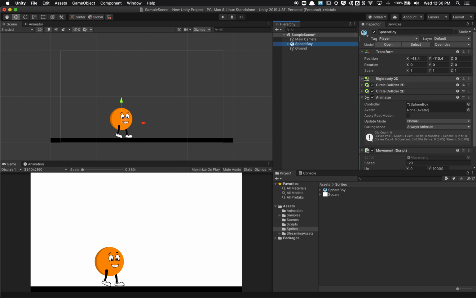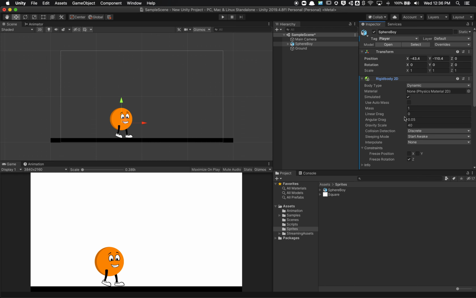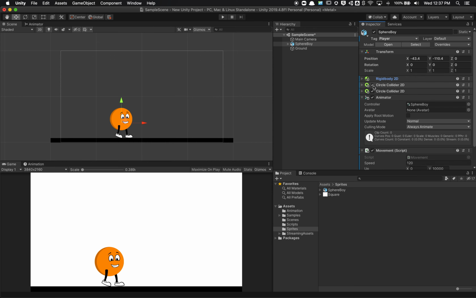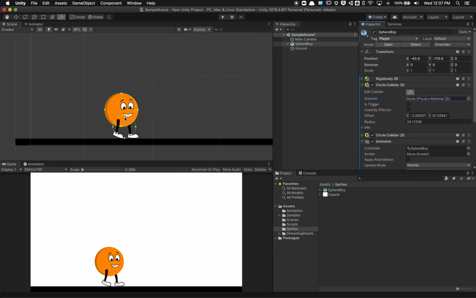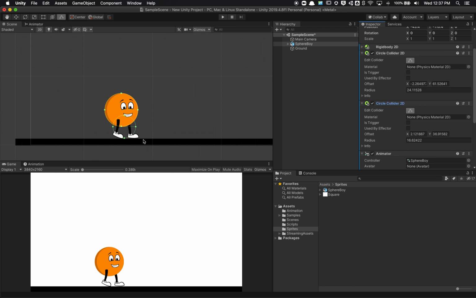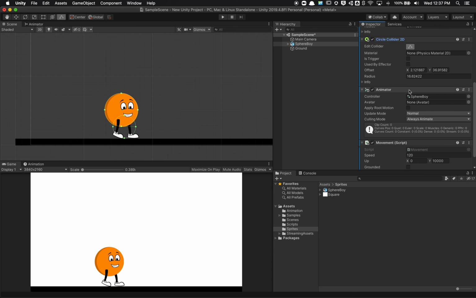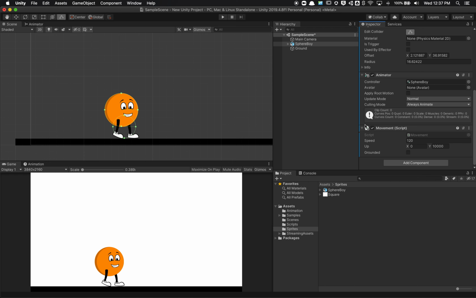I'd like you to add the following components. We're going to add a Rigidbody 2D, and we're going to make sure that we set our gravity scale to 40, and we want to change our constraints. We want to freeze the Z-axis rotation. We're also going to add 2 circle colliders. If you look right here, you can see I've got a large one that's like the body, and then a small one right here for the feet. So I'll add 2 of those, and that's so that we don't get stuck on corners. We're also going to add an animator. All right, so we'll just go to Add Component, Animator, and we're going to add the movement script that we created previously. We want to set our speed to 120, and we want to set the Y value to 1000